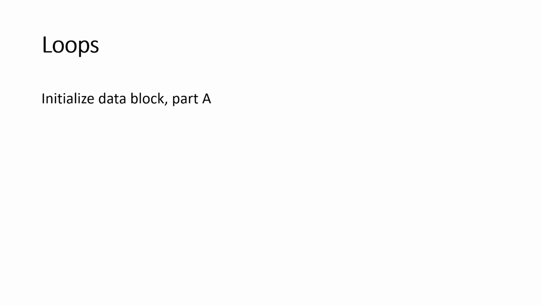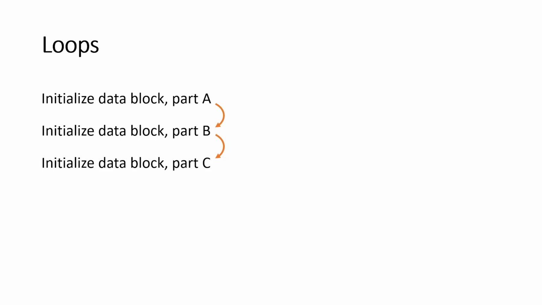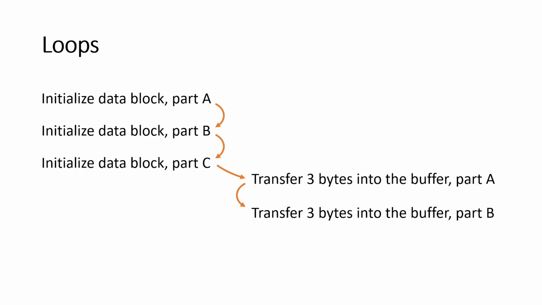We start with initializing the data block transfer at the W5100. This takes several pulse generator types as explained before. In fact, there are 3. After this, we can finally start to actually transfer data into our ring buffer. As mentioned before, they require 2 different types in order to transfer 3 bytes. We have here a loop transferring 3 bytes after 3 bytes after 3 bytes.